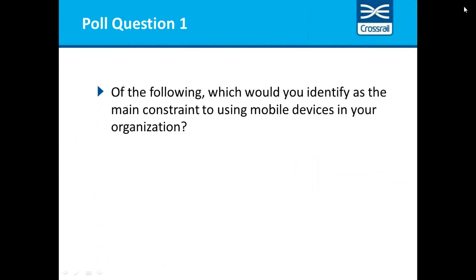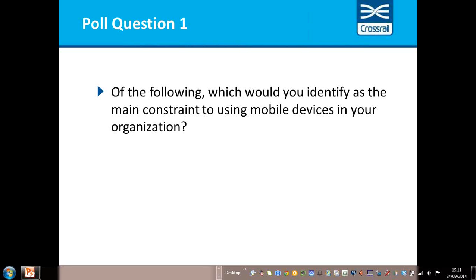So to get going, I think we have a question to ask you on the poll. I'm going to ask a question to you now, and then Stuart next is going to launch a poll so that you can answer. We'd really like to know which of the following five main constraints to using mobile: the answers are connectivity, data safety, health and safety measures, end users and work process, or others that are not applicable within this list. So please answer now.